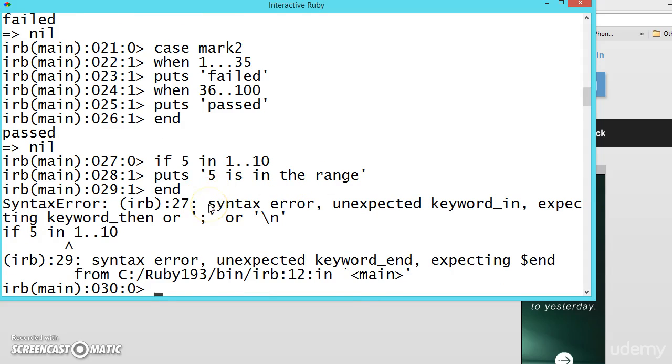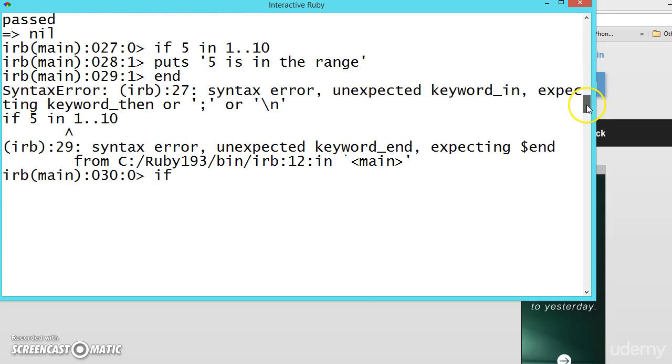So it is showing some syntax error. Let us say if, so this is for, I have confused, for 5 in, if you are writing if,